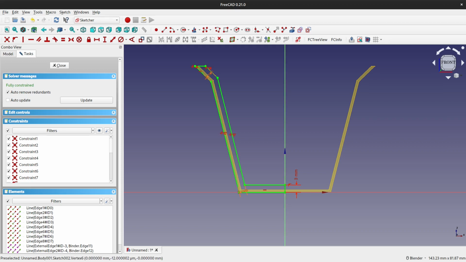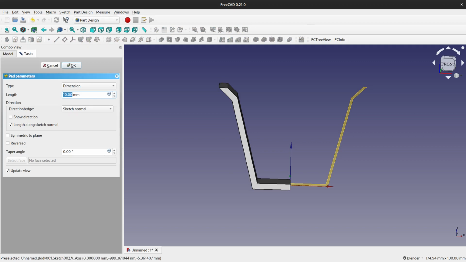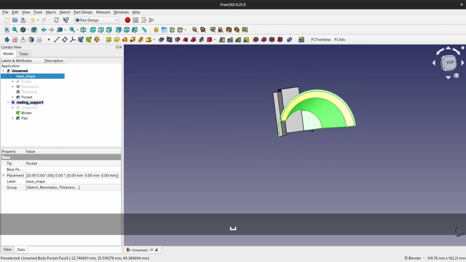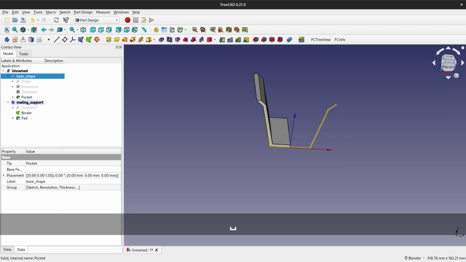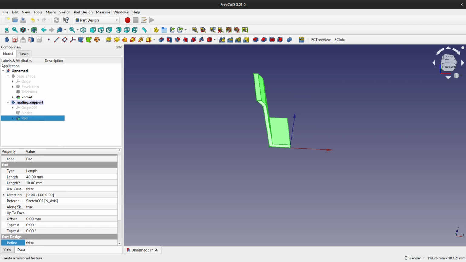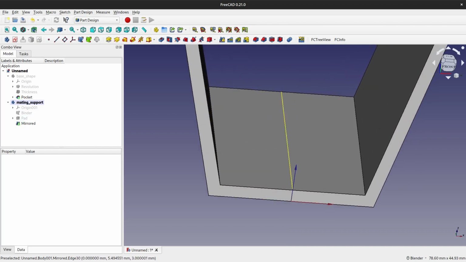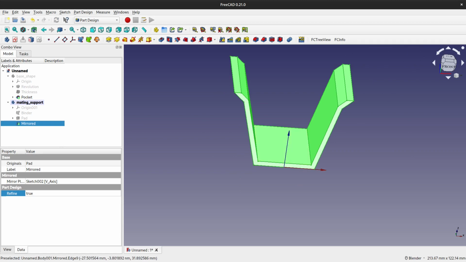I did half of it because I can mirror it to the other side later. So right now I can pad it on the other side and make it big enough to cover our whole shape. Yes, it's big enough. Okay. And I can hide the binder and mirror it to the other side. Okay. To remove this edge, I can set refine to true. It doesn't actually matter because it will be refined later. So our supporting shape is ready,